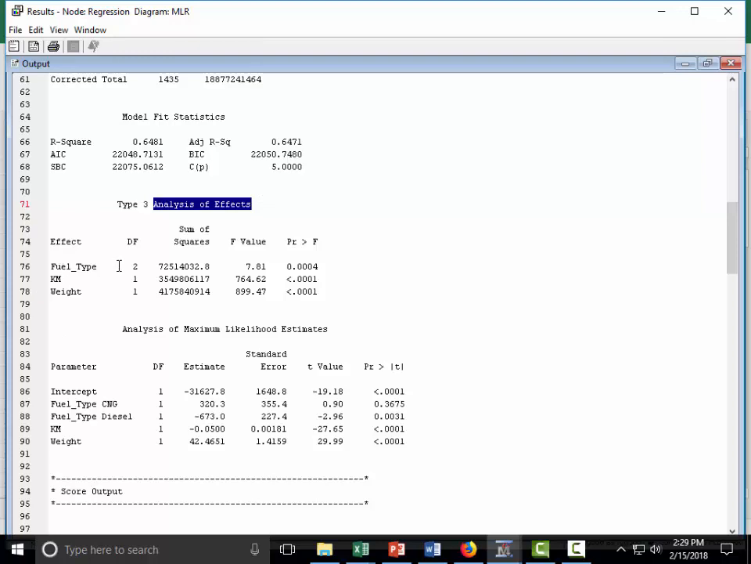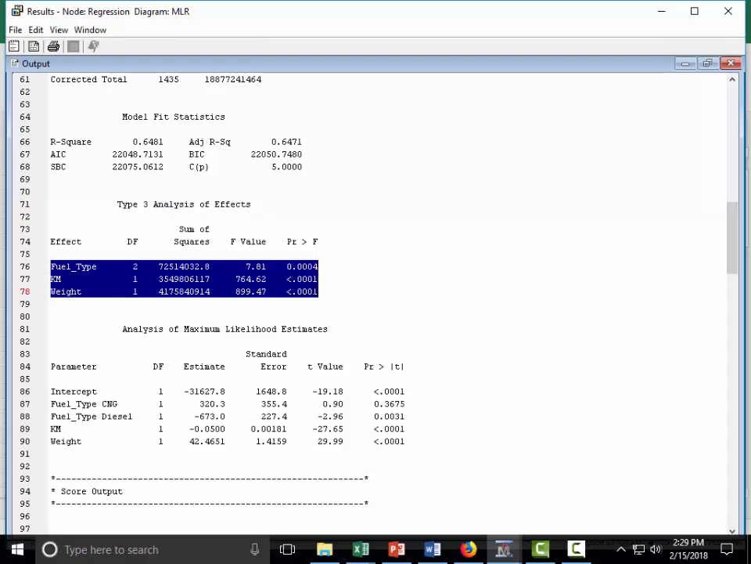So it gives you the degrees of freedom. If it is a nominal variable, the degrees of freedom represents how many dummy variables we needed for that nominal variable. So there are 3 levels, so we got 2 degrees of freedom, 2 dummy variables. So for the effect, the degrees of freedom is 2. Kilometer and weight are just interval variables, so we have only 1 degree of freedom, and then the sum of squares associated with that, the F value and the probability. So this is what we need to test individual significance,